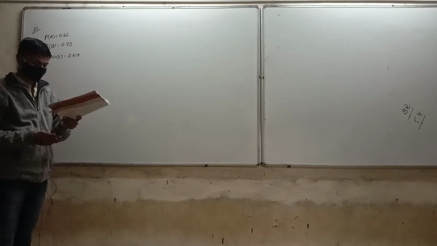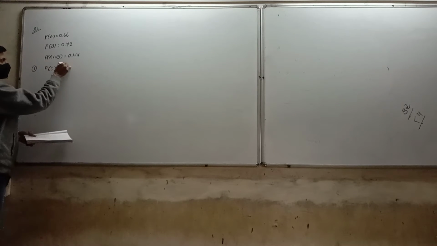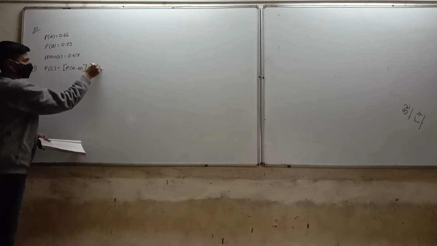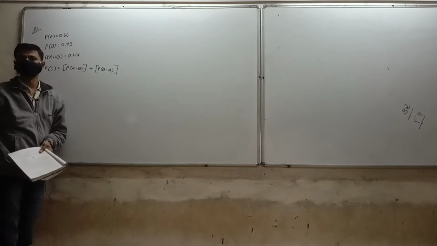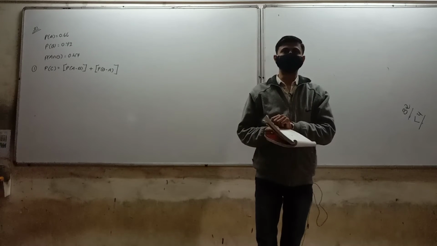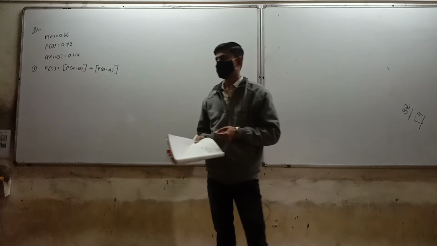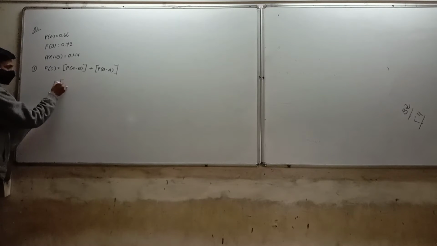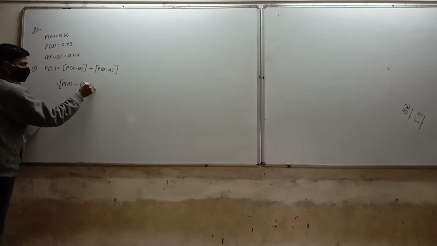Write down new line. P of C is equal to P of A different B plus P of B different A. Okay. Event A happens, event B does not happen, or another option, event B happens, event A does not happen. It means different event. So A different B, formula write down in bracket, P of A minus P of A intersection B